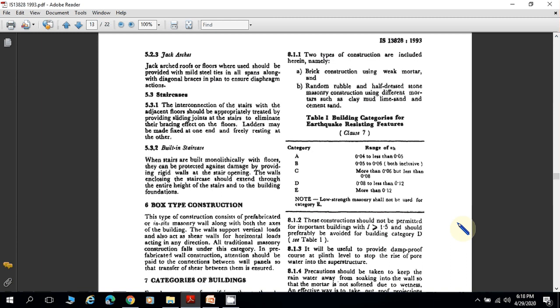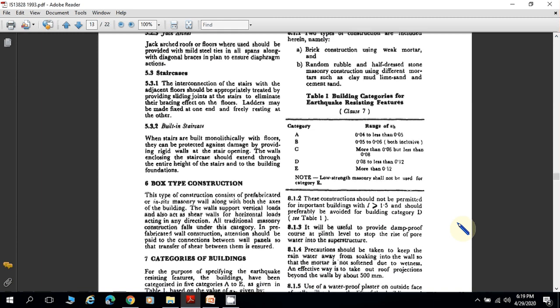So if the value of alpha H is 0.04 to 0.05, then the building will be categorized in A category. If 0.05 to 0.06, then it's in B category. If 0.06 to 0.08, then the building is in C category. 0.08 to 0.12, then it's in D, and if the value of alpha is more than 0.12, then it's categorized